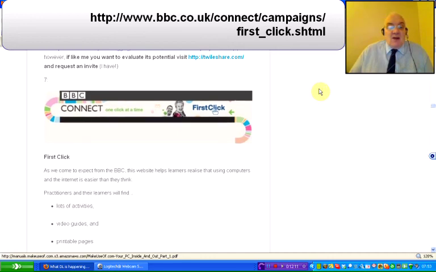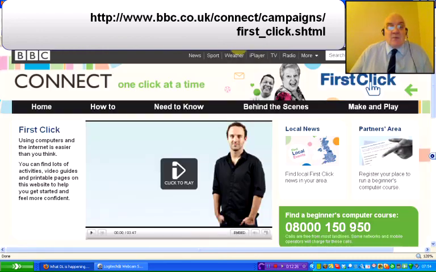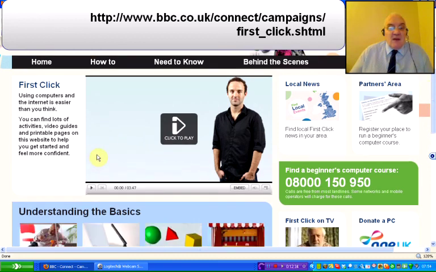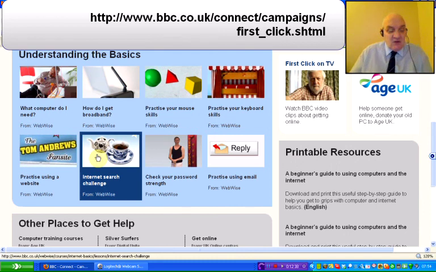Last but not least, First Click. As we come to expect from the BBC, this website helps learners realize that using computers and the internet is easier than it thinks. There are lots of activities, video guides, and printable pages. Here's the home page. There's a video click there to, I'm not going to play it now, you can listen to it yourself as and when, but if again I zoom in for you,